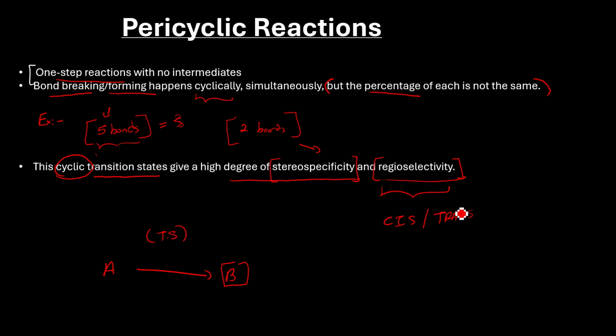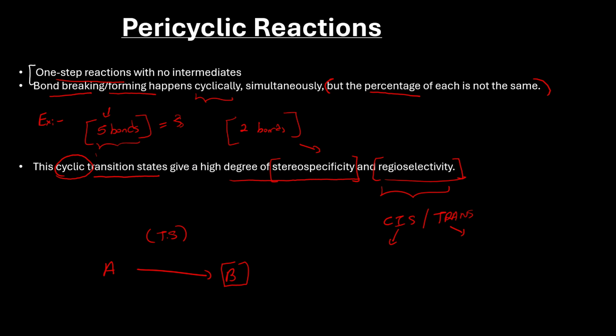Okay, it's about cis and trans isomerization. Again, same as in stereospecificity, only one product will form. It's either cis or trans, not both. It's not a mixture, right? These are the few things that you need to keep in mind when you talk about